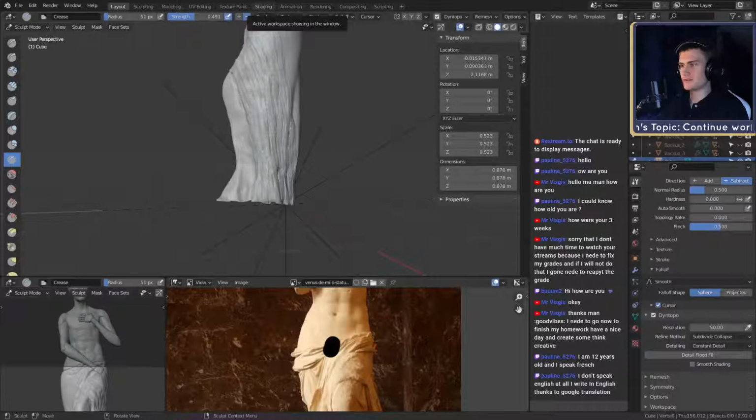Why do I get some sort of fitness guides? That's not what I was looking for. What did I Google before? Venus Statue. Oh, Venus Statue side.